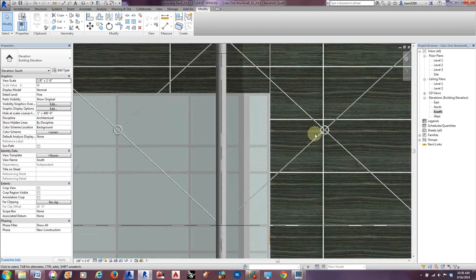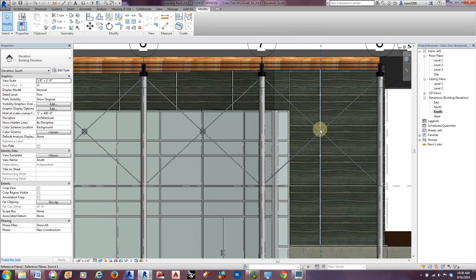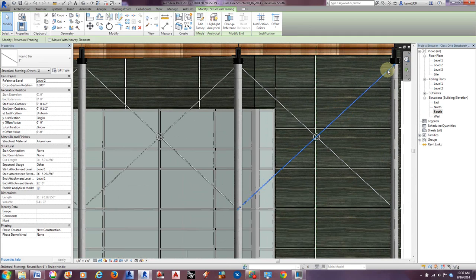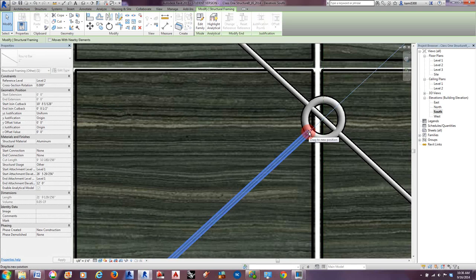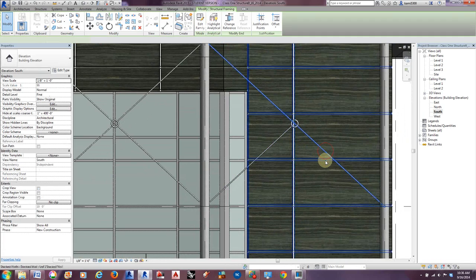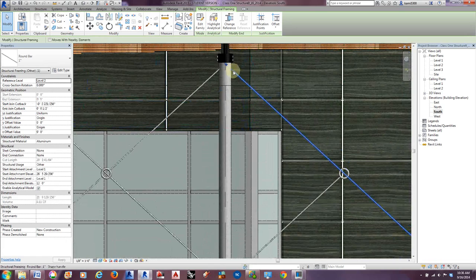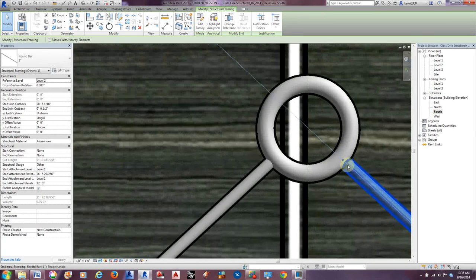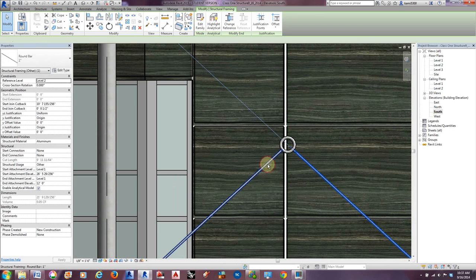Now, we drew the cross bracing to get our center point, basically, so that we could place this thing. But now that we have that, we can adjust this guy down using these arrows so that now it's intersecting just on the one side there. And we can do the same for this one. Bring him down. And if we select both of them,